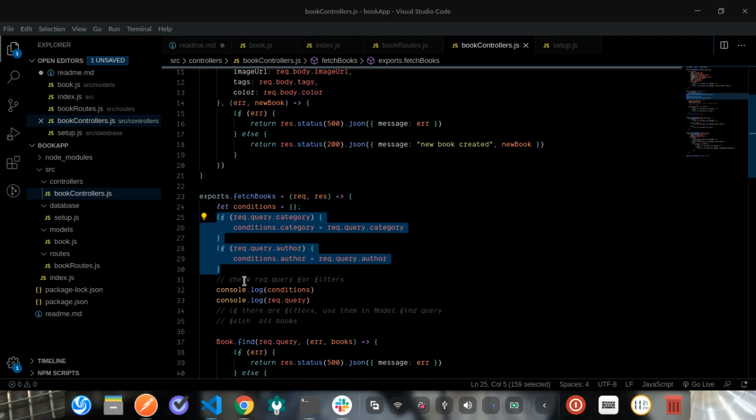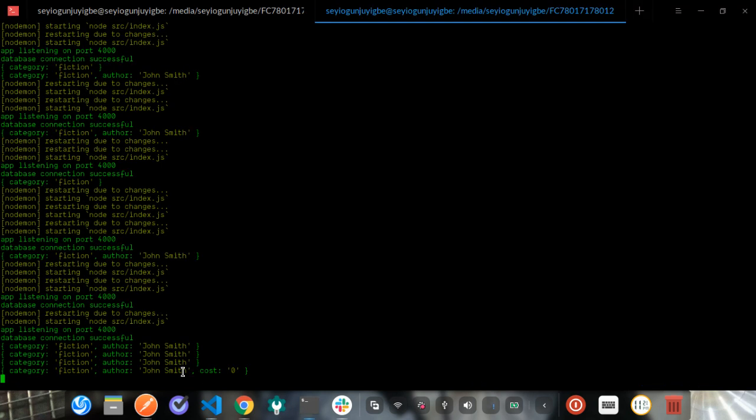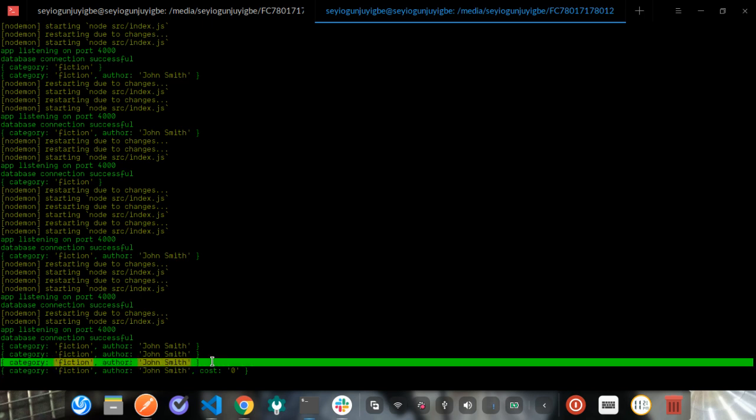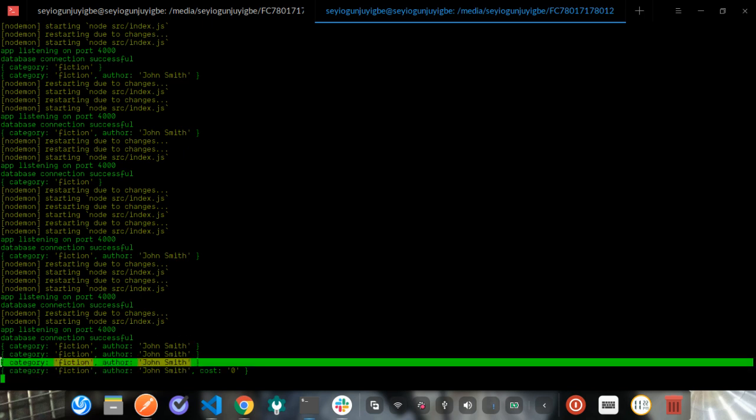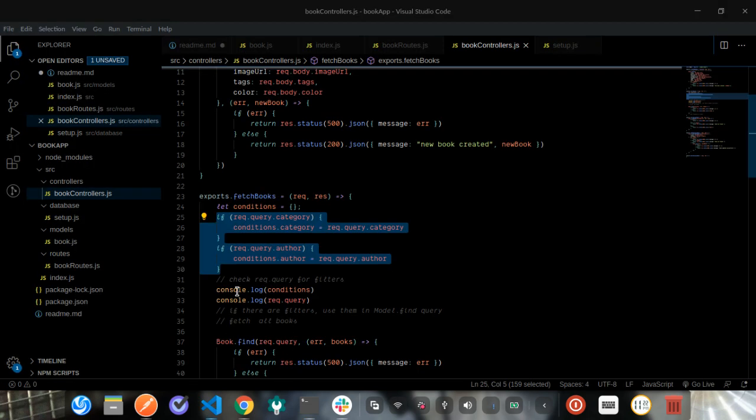So having done this, if you check the console, I have this as the conditions, rather, and this as the request query. So you can see that no matter what is sent in the request query, the conditions object remains how I defined it. So now I can just say book.find